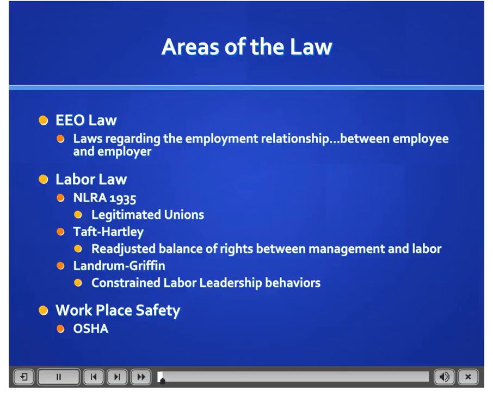Taft-Hartley came a few years later, and the Taft-Hartley Act was about adjusting some of the rights that management had versus what unions had. And that was the real issue, is that the NLRA really erred on the side of giving labor an enormous amount of power, and Taft-Hartley recognized that you couldn't handcuff management in doing the things that they needed to do. So the Taft-Hartley Act sort of balanced that power and balanced those rights a little bit more, and really communicated to the public, and to organizations, what are the things that are non-negotiable, that management has the right to do and has the right to set guidelines on,